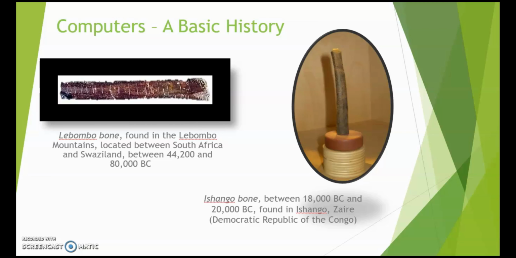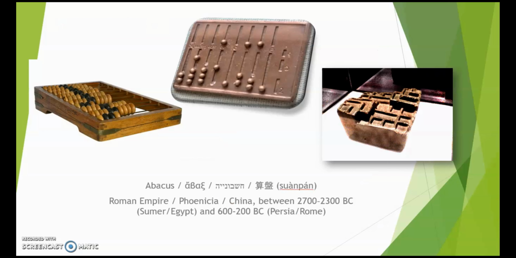On your right side, you see the Ishango bone, between 18 and 20,000 BC, found in Ishango in Zaire, or Democratic Republic of the Congo, DRC. So as you can see here, there are certain signs, almost pre-alphabetic signs, lines that appear to be horizontally in parallel to this point, that indicate a sequence, a container of a rhythm, a predictive structure, therefore an informational component. In the next slide, a few more examples, more specifically regarding the abacus, that also includes